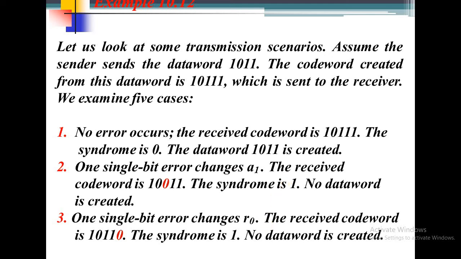Next, a 1-bit error changes, that is the redundant bit itself changes during the transmission. Here we have the redundant bit as 1, and during transmission that 1 will be turned to 0. The error has occurred in the redundant bit. Then at the receiver side, it's going to receive the code word as 10110, which means that there has to be an even number of ones in the data word, but we can find an odd number of ones here, so it is going to assume that there was some error during the transmission, and again it's going to discard in the third case.